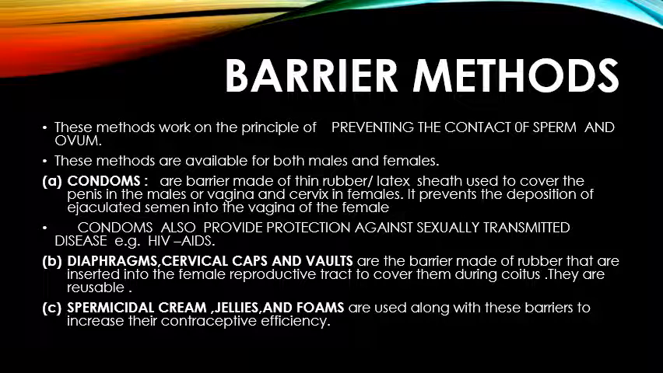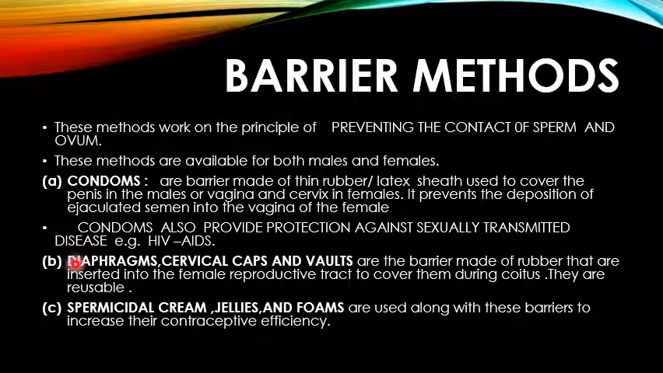The first of them is condoms, a barrier made of thin rubber or latex sheet used to cover the penis in the males or vagina and cervix in females. It prevents the deposition of ejaculated semen into the vagina of females. So in this way they prevent the contact of sperm and the ovum. There is one more advantage of using the same barrier method, that it provides protection against sexually transmitted disease, for